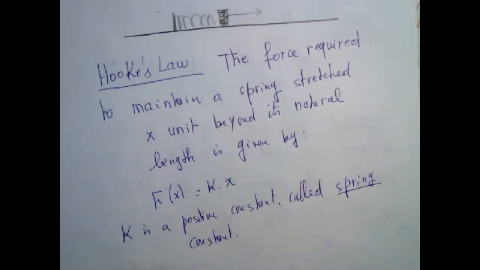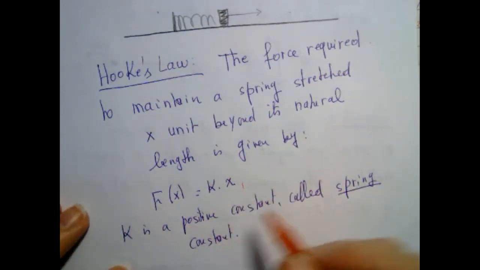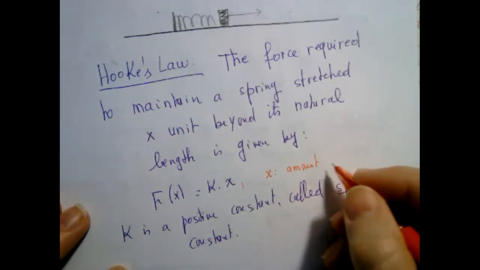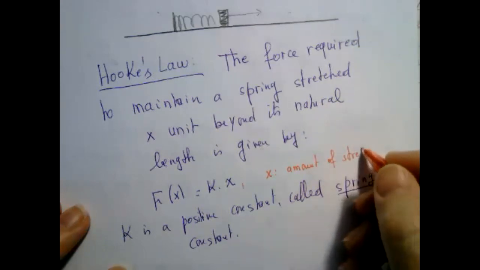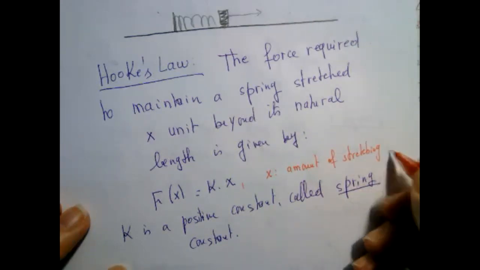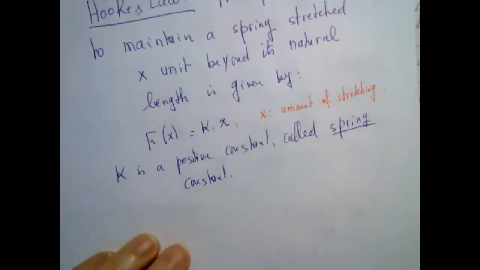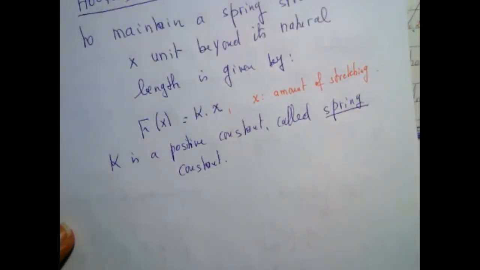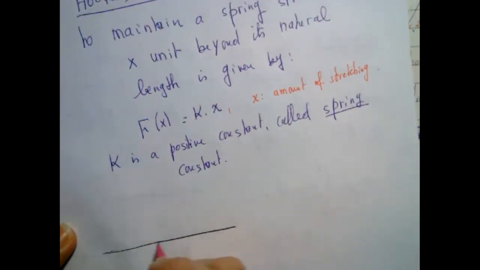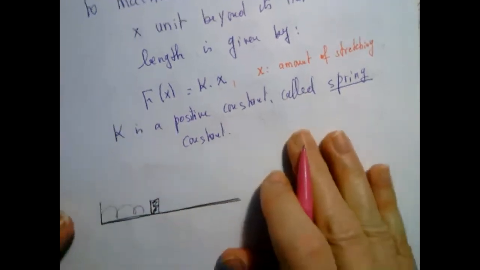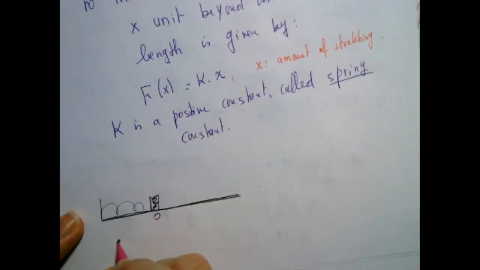and x is basically the amount of stretching, or compressing in general. Okay, so what do we mean by that? The idea is the following. So I draw my spring again. That's my spring. And always the natural position of the spring,